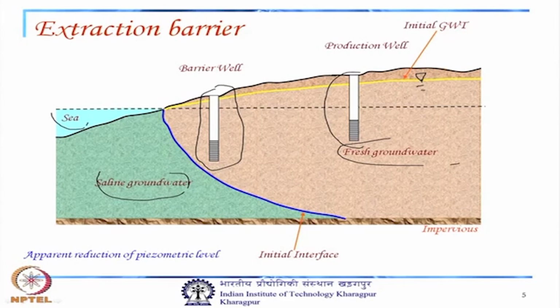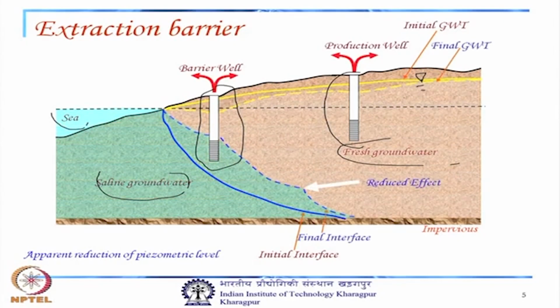So, if we start pumping, there will be movement of this saline groundwater towards the fresh groundwater or freshwater aquifer, and this barrier well will act as some kind of semi barrier, and it will reduce the seawater intrusion effect